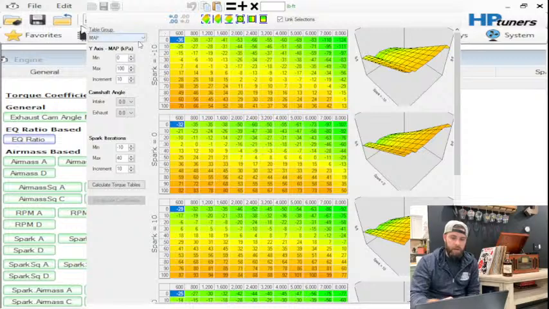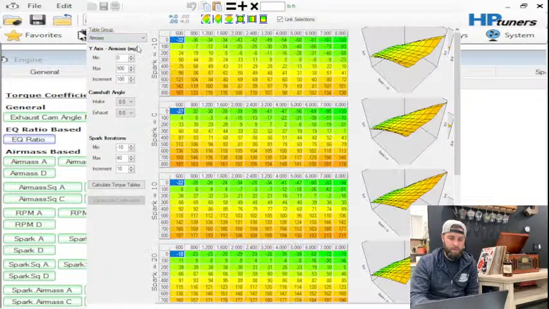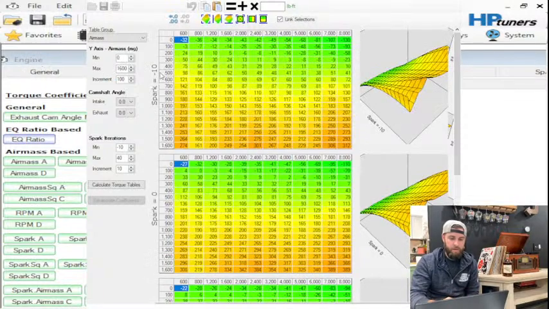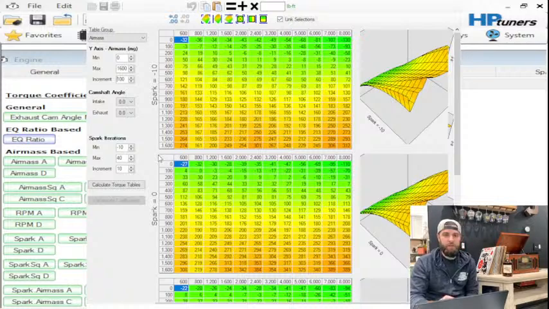So the thing that I want to do first as we get in here is we'll start with our air mass based. And I'm going to raise this up to 1600. Okay. And now you see on the left-hand side here, you have your spark value. So that's going to be, what we're seeing in these tables is the amount of torque,